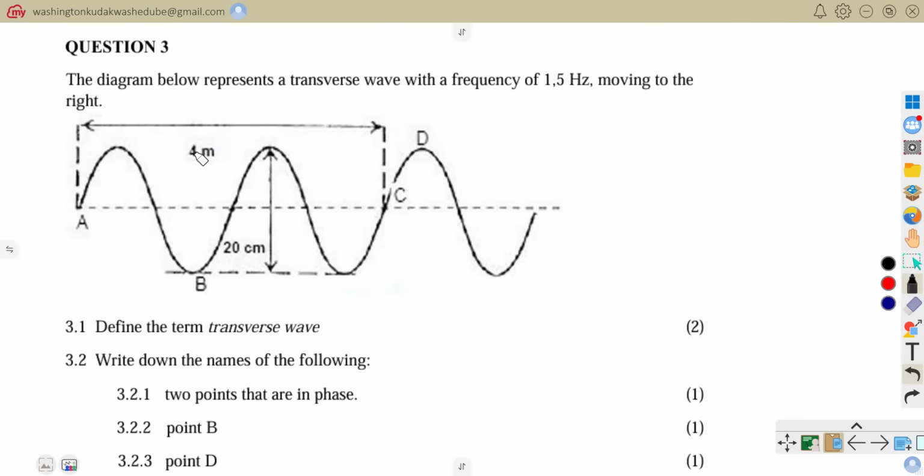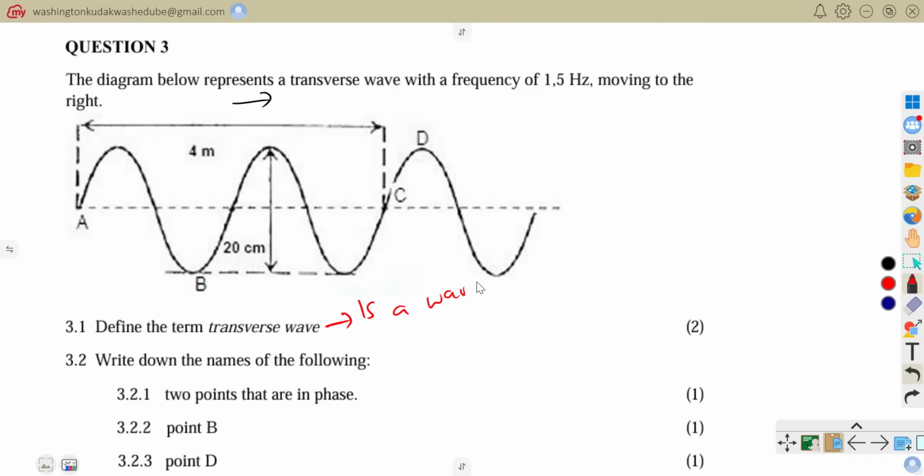Question number 3 is now saying the diagram below represents a transverse wave with a frequency of 1.5 Hertz moving to the right. So this is the wave that is moving to the right, and they are telling us that it is a transverse wave. Now they are saying define the term transverse wave. A transverse wave